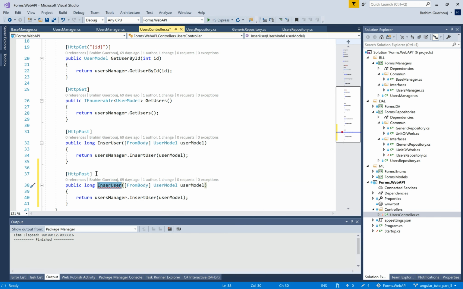Now let's navigate to the web API and add a new action in the users controller called login, and in the HTTP post attribute let's add a name for this login action. Let's say /login,